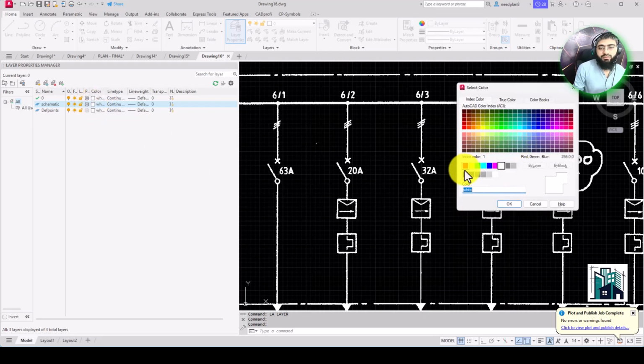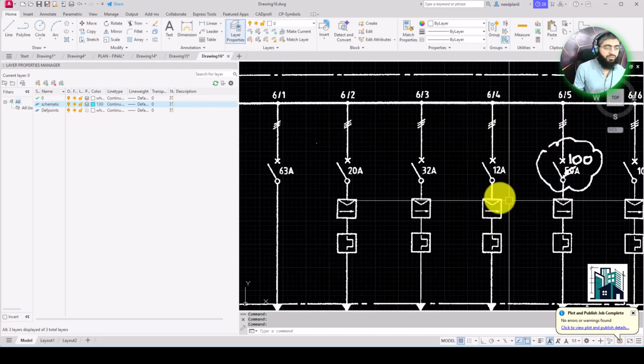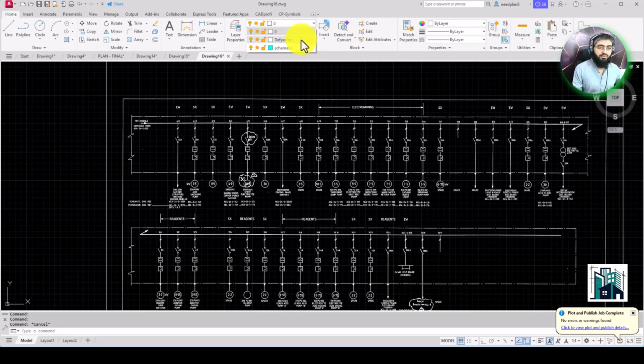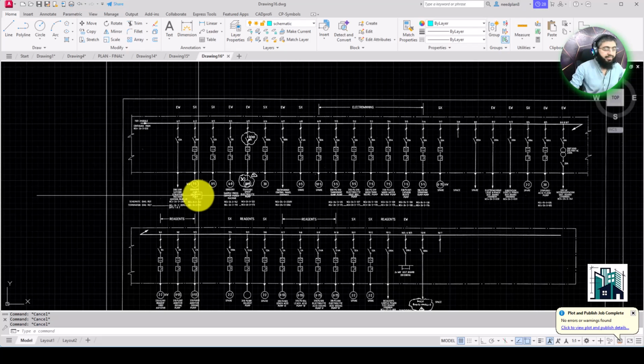Not red, I'm going to choose any color which you want. So I will have to come here in the layer part and then click here and select the layer schematic. Everything which I am going to draw will be in the schematic layer.